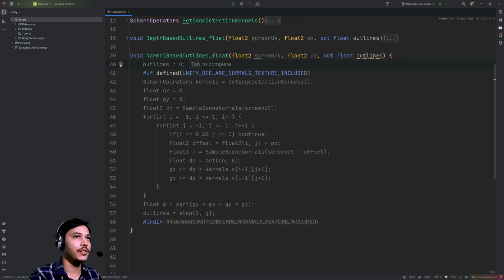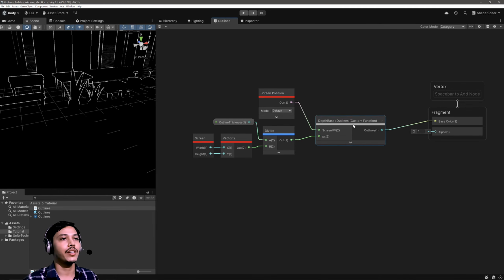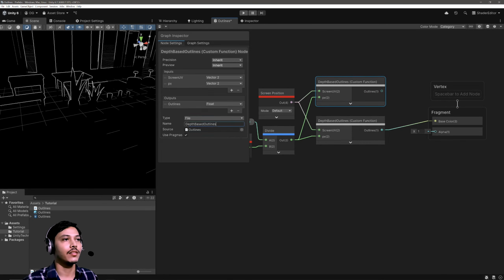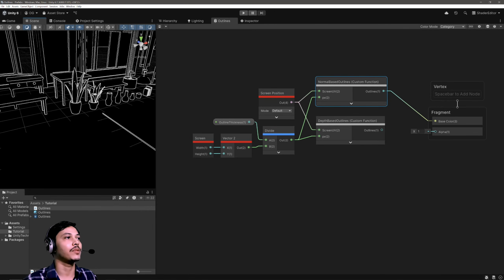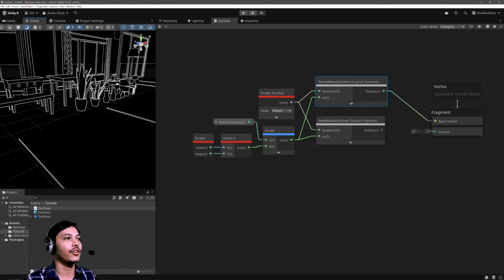Then let's also initialize our outlines with 0, like that. Then let me copy this function name and let's head over to Unity. In our shader, I'm going to duplicate this custom function node, and this time I'm going to use the normal based outlines function. So we have a nice custom function for normal based outlines as well. Let's visualize that. So now we have nice normal based outlines, and it fixed a lot of issues with the